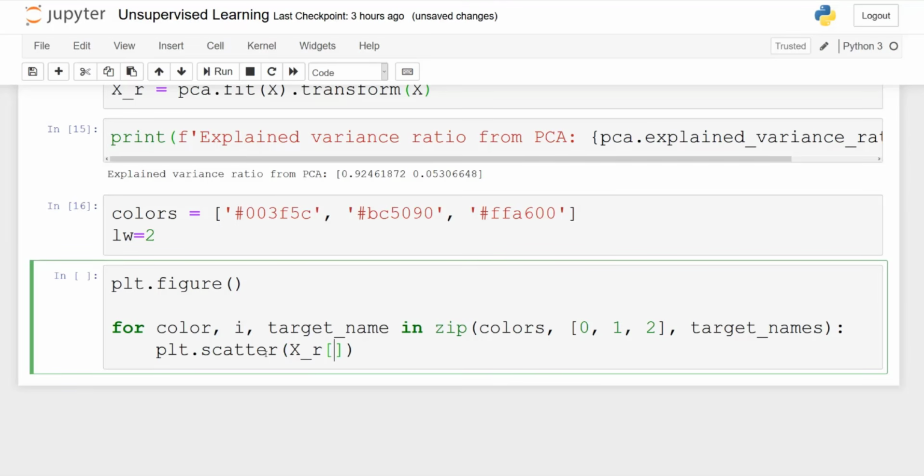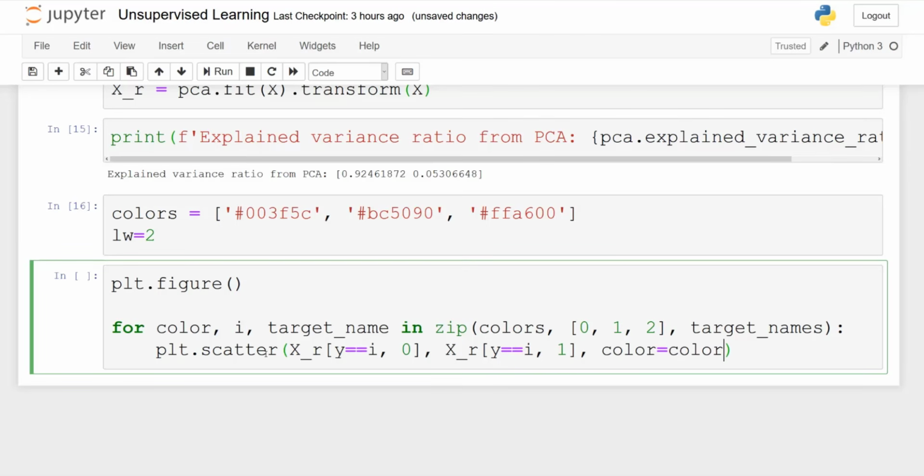So we'll draw a scatter plot. So plt.scatter X_r when y is equal to i and 0, and then X_r when y is equal to i and 1.